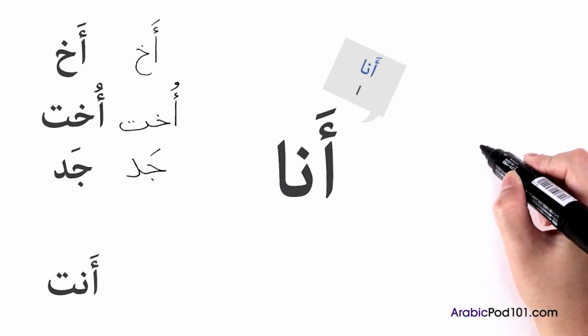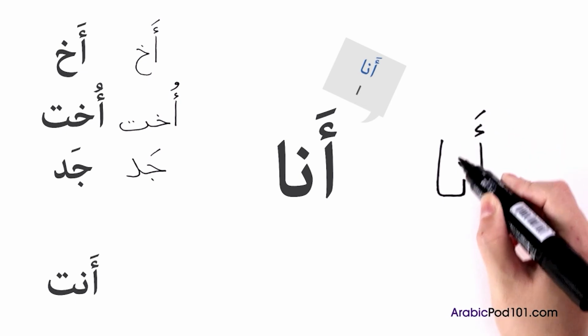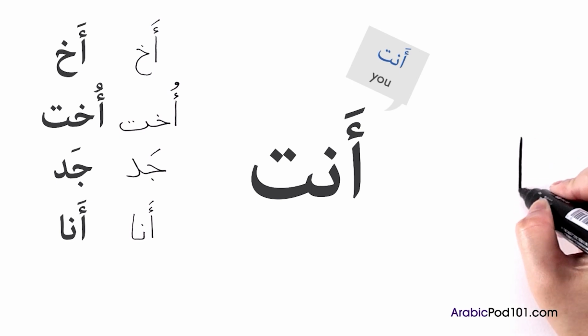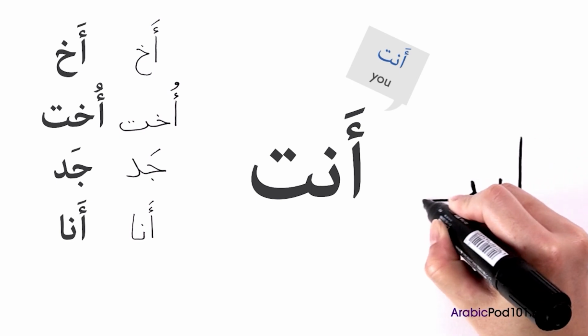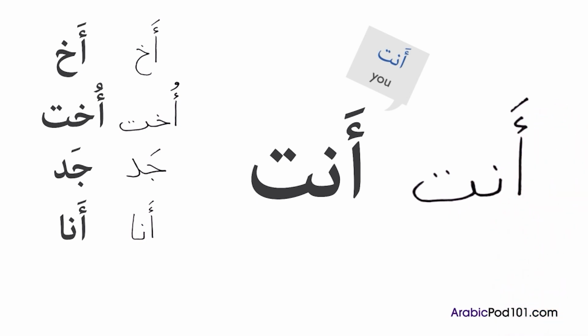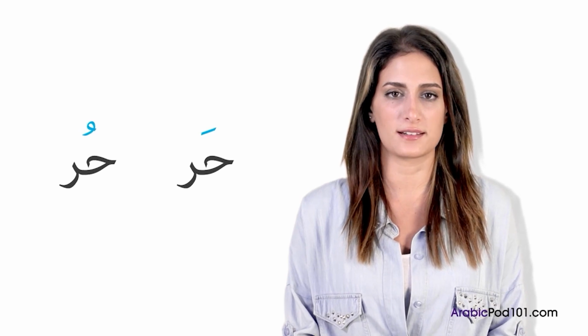جد. أنا, I. أنا, أنت, you. أنت. Voweling is very important because it can change a word's meaning. For example, here are 2 words that have the same letters but are pronounced differently and have different meanings because of the difference in voweling. Har means hot, while